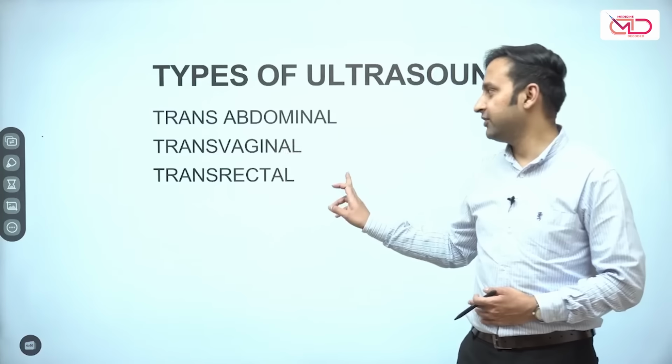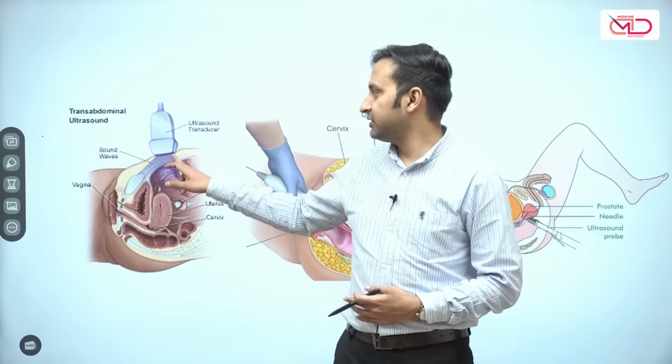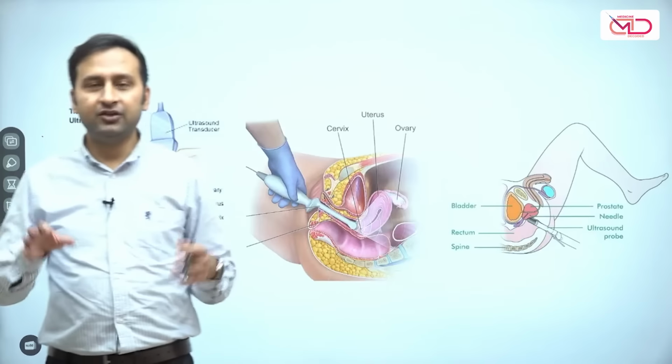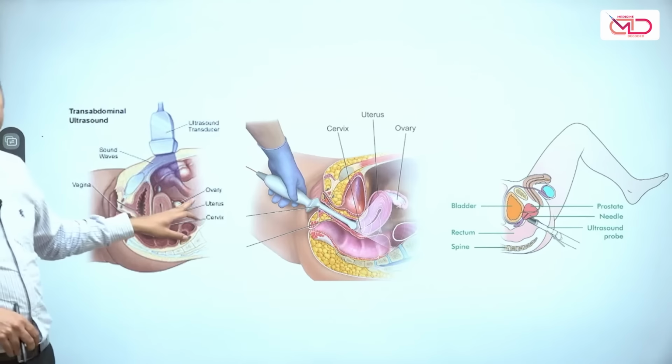These are the endocavitary ultrasounds, they are specialized ultrasounds. So this is a transabdominal scan in which the probe is placed over the abdomen for scanning elsewhere. But when we are trying to scan the uterus, or we want to scan the prostate in males, we should have the bladder full in this particular case.